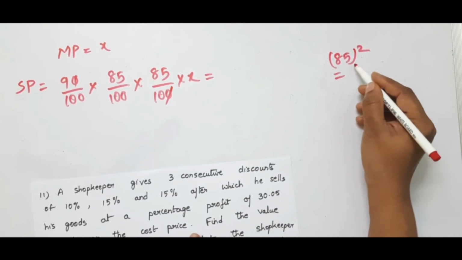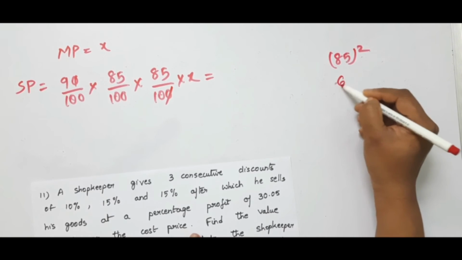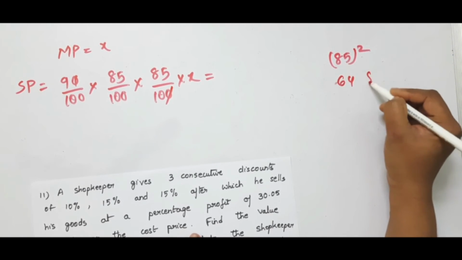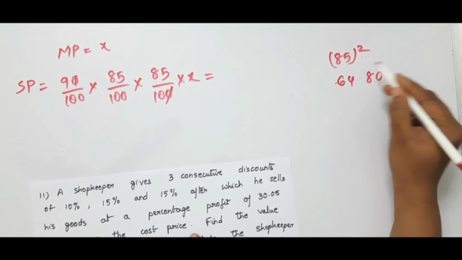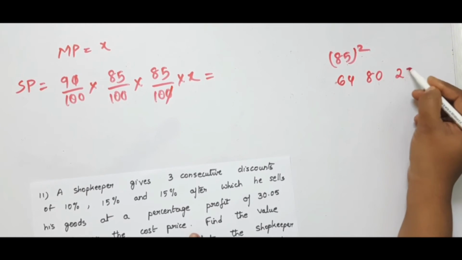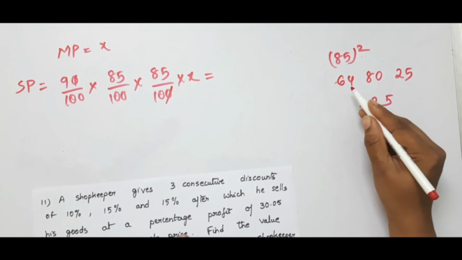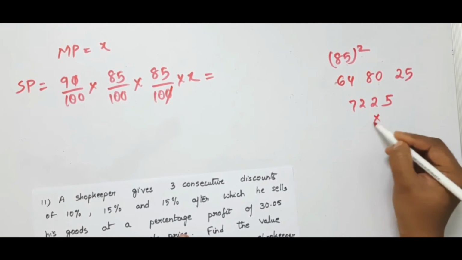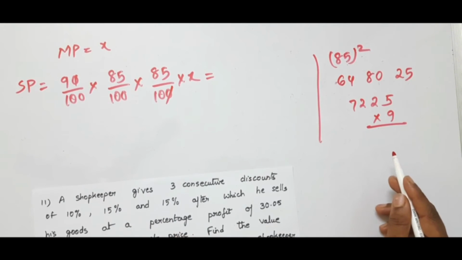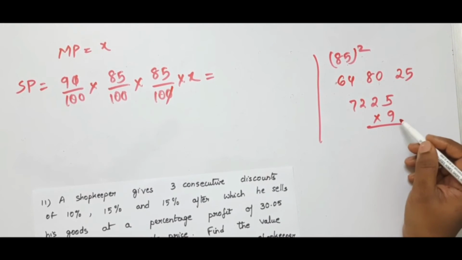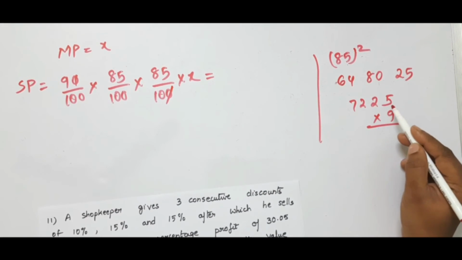This is equal to, this becomes 64 and this is 80. 2 into 5, 8 into 5 is 40. 40 into 2 is 80 and it is 5, it is 25. So this is 5, 2, bring this 8 here, 12, 1. So it is 72 and you have to multiply into 9. I'm using the square trick which I explained in my channel. Okay. If you watch this channel, you can clearly understand this. That video you can clearly understand.